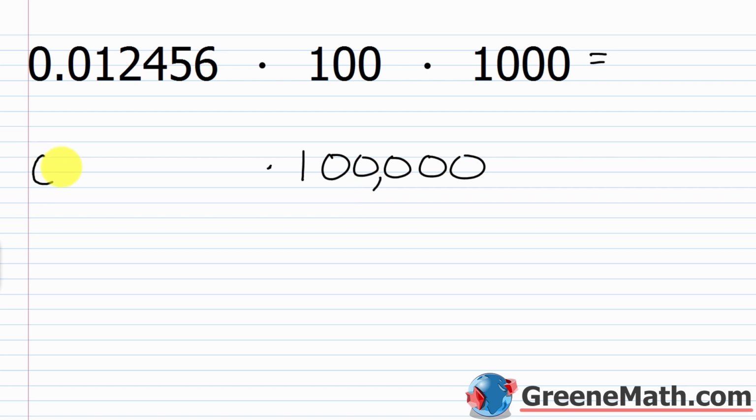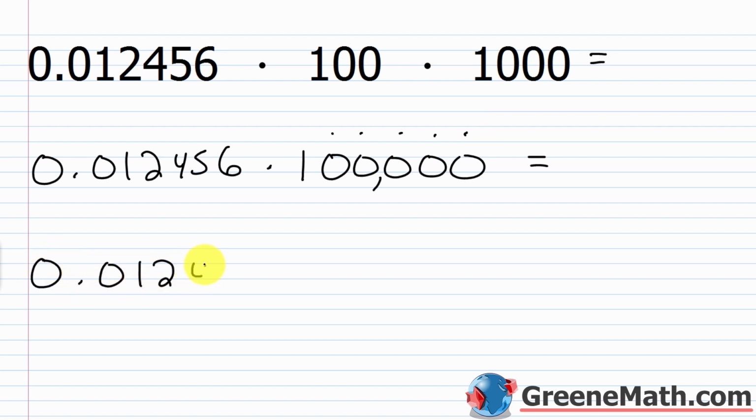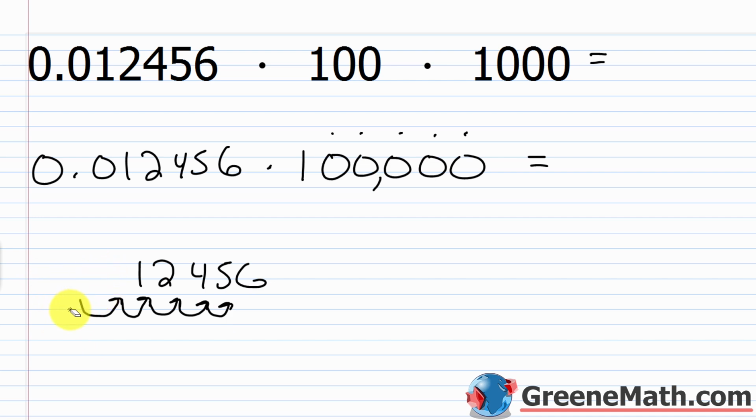So let me put this over here, 0.012456. And now to do this multiplication, all we need to do is move our decimal point 5 places to the right, right? Because we have 1, 2, 3, 4, 5 zeros in this power of 10. So let me copy this number. We're going 1, 2, 3, 4, 5 places to the right. And I can delete this 0 and this 0. I don't need them anymore. They're not going to add value to the number. And so we would have